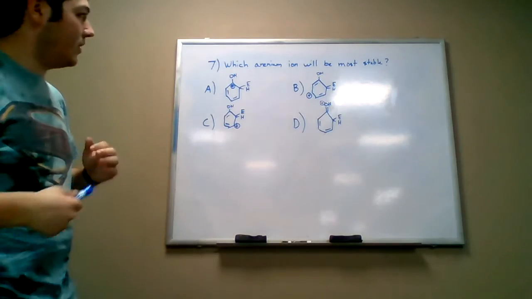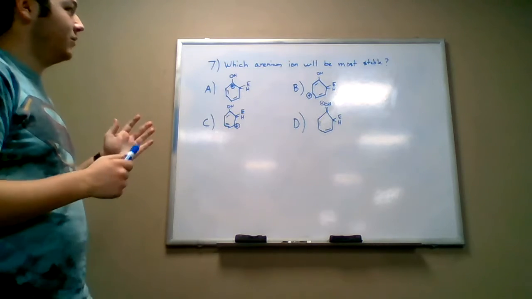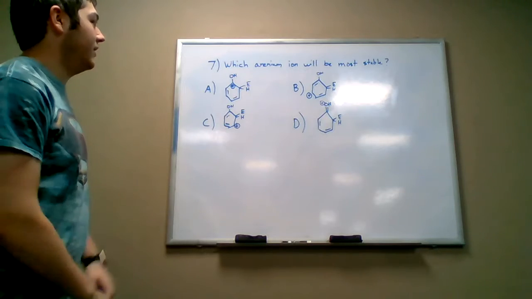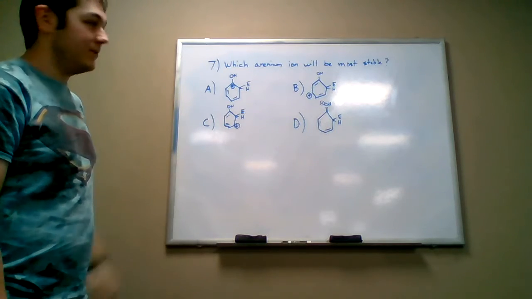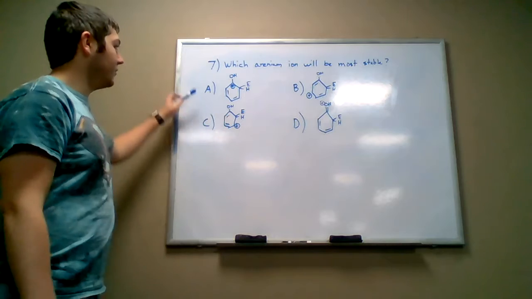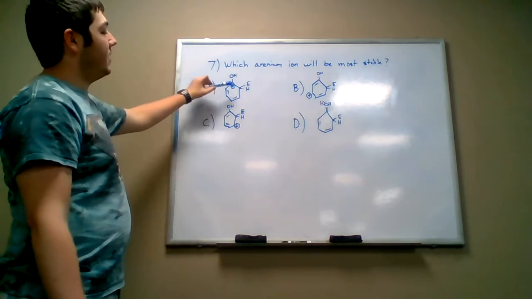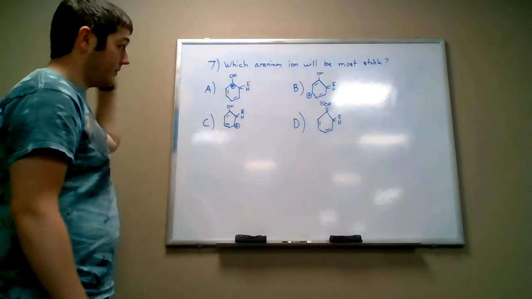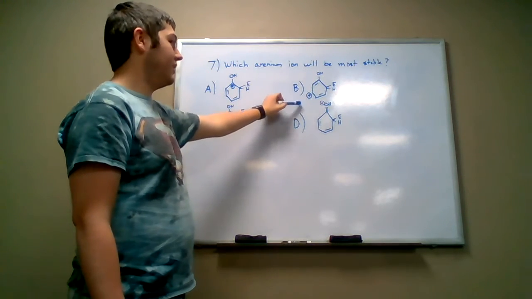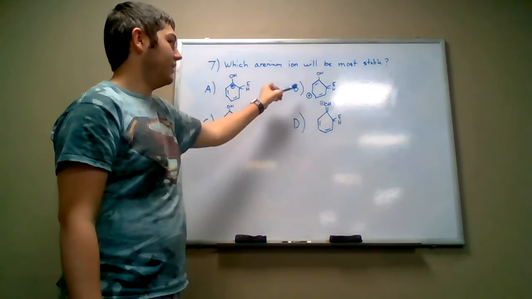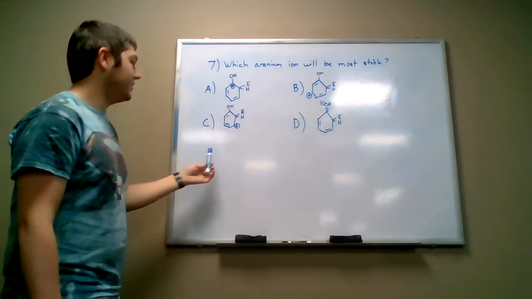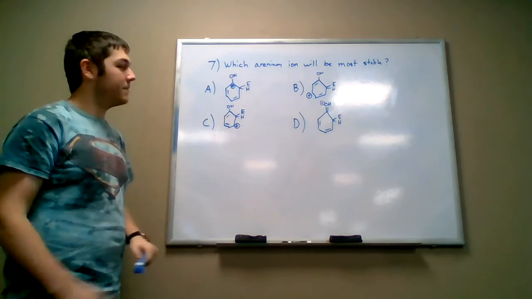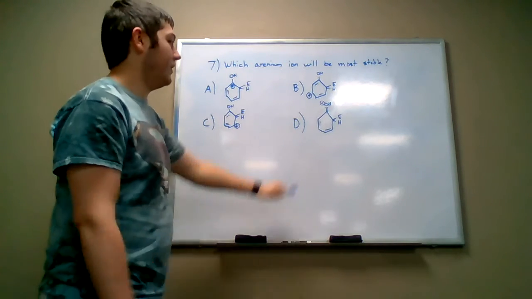Okay, on to problem 7. This one asks, which uranium ion will be the most stable? And so this one's another multiple choice. Got 4 options here, with option A being the positive charge is on that carbon right next to the alcohol group. Option B, the positive charge is over here on the left side, kind of away from everything. Option C is pretty similar, just on the other side. The partial positive is over here. And then option D,